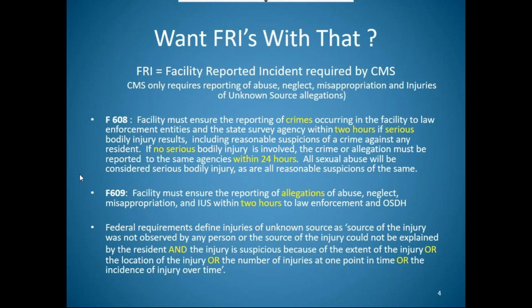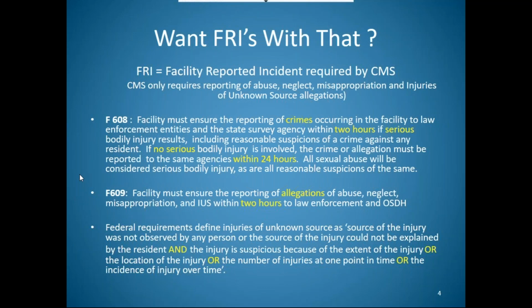So basically what this is, if an injury has not been witnessed, or the resident's not able to tell you how it happened, anything that could possibly make you think this resident has been abused needs to be considered an injury of unknown source. Now, we're not talking about the little dementia residents that's pushing herself out of her room in her wheelchair, and she bangs her arm on the doorway and creates a skin tear. That can usually, you can pretty much understand how that happened.